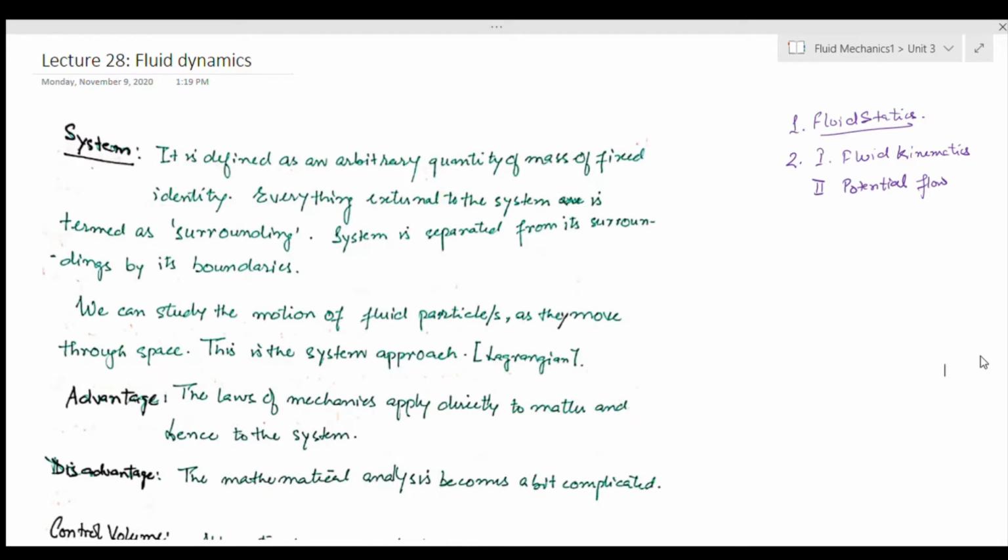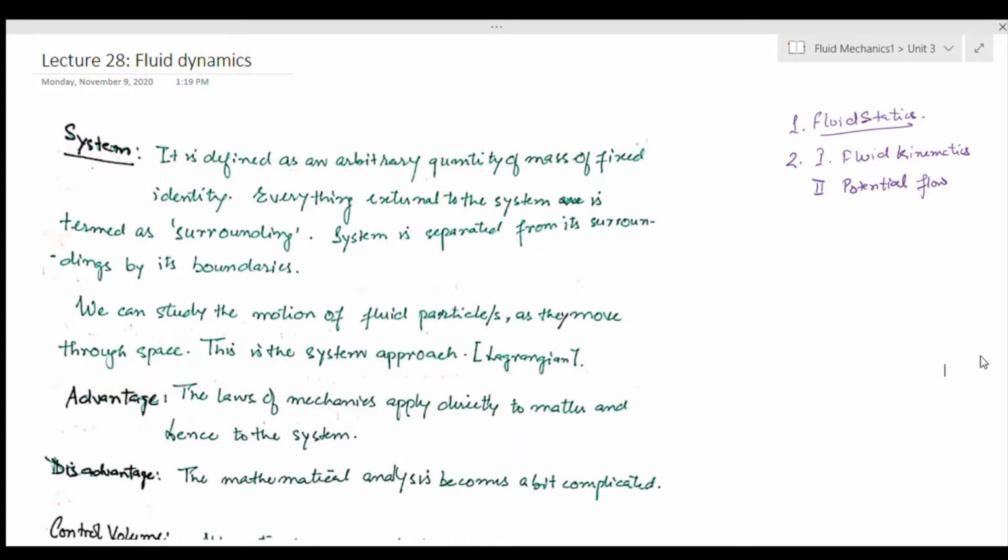And the way we were going through it was we would find the velocity, and through that we would come towards a stream function and potential function, or we would have the stream function, and from there we would find the velocities, and then the stagnation points, and then the stagnation streamline, and that would give me the shape over which flow is happening. Stagnation streamline used to give us that. So this is something which we covered in unit 2.